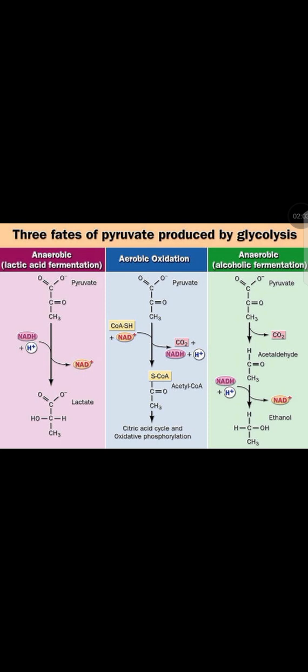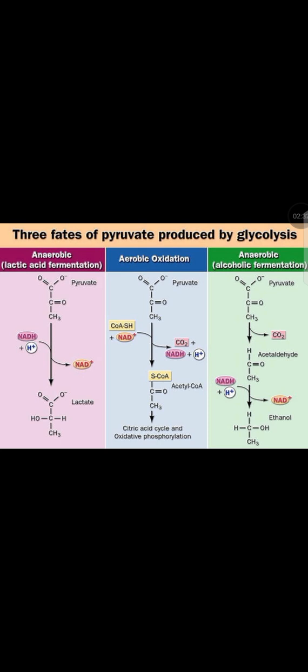So these are three fates of pyruvate. One, production of lactic acid. Two, production of acetyl CoA. Three, production of ethanol. The one that we mostly stick to here is the one where there's an aerobic environment, and we are producing acetyl CoA, because this one is very important in that acetyl CoA will be taken to